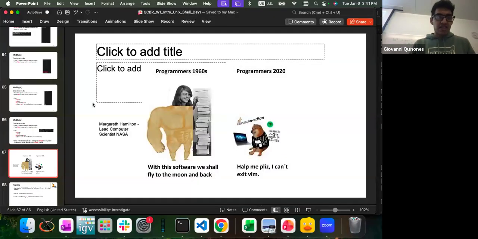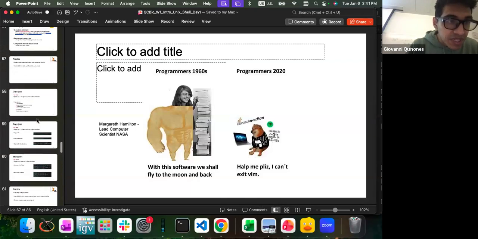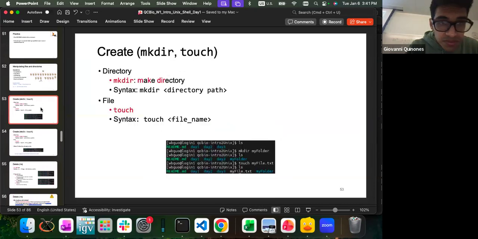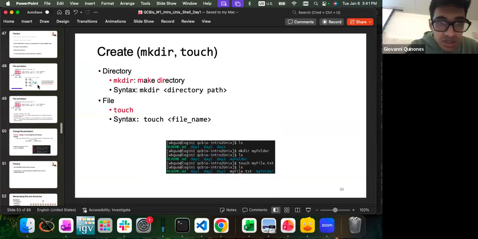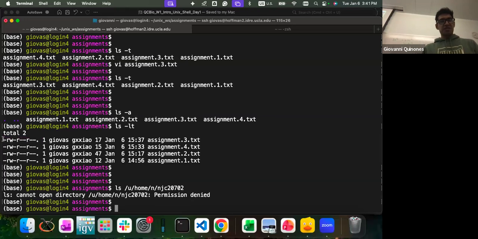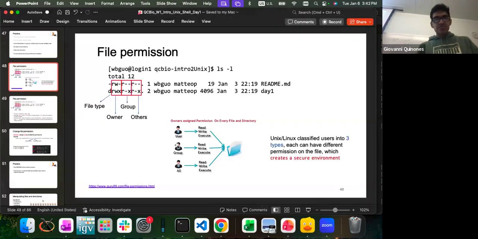Now, going back, so when it comes to file permission, as we see, we have a string over here that has R, W, and dashes. So what does it all mean?